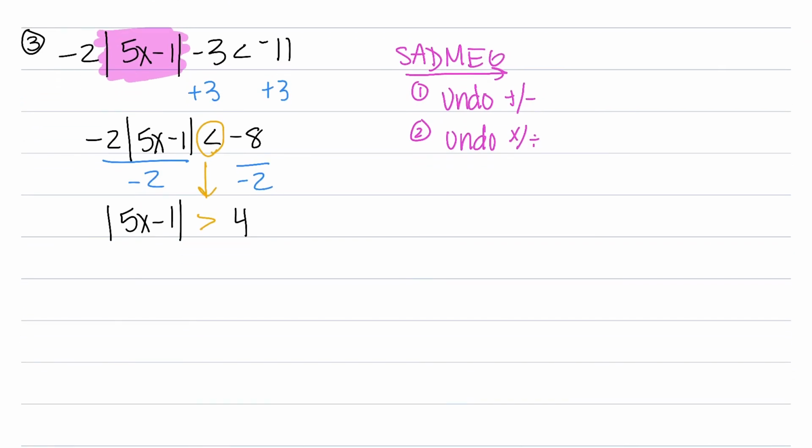Okay, so that shows you how you're going to get the absolute value by itself before you start. And then if I wanted to keep going, I'd do 5x minus 1 is greater than 4, or, because it's a great or, 5x minus 1 is less than negative 4. And I know that you can